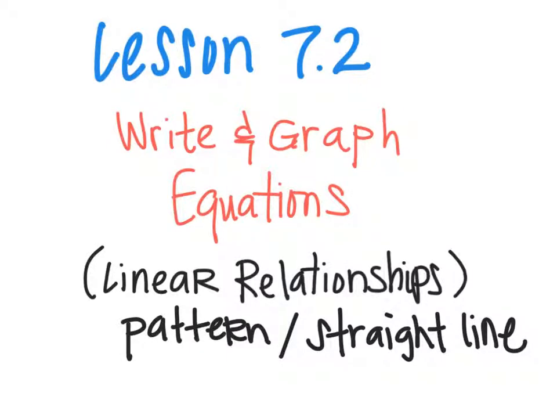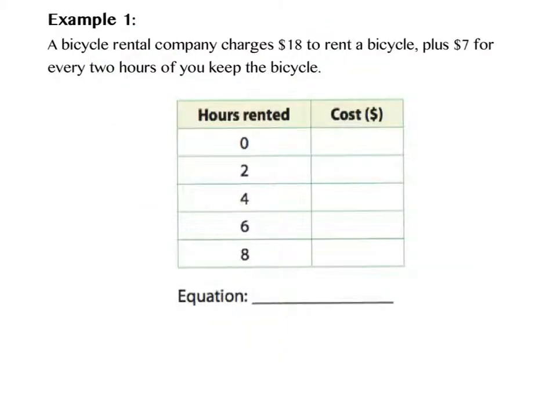Today in class, we're going to work on lesson 7.2. We're going to be writing and graphing equations. Yesterday, we talked about linear relationships, and we said that those would always follow a pattern, or they would make a straight line. On your notes handout, the first example says a bicycle rental company charges $18 to rent a